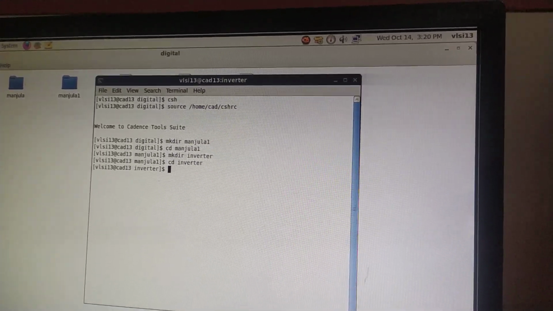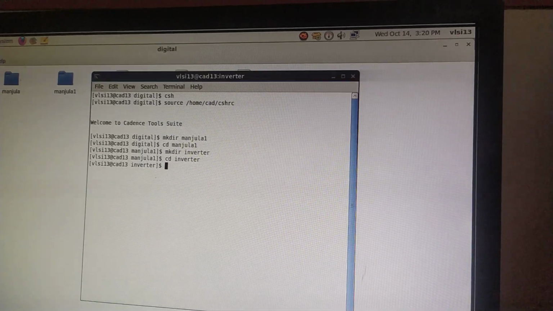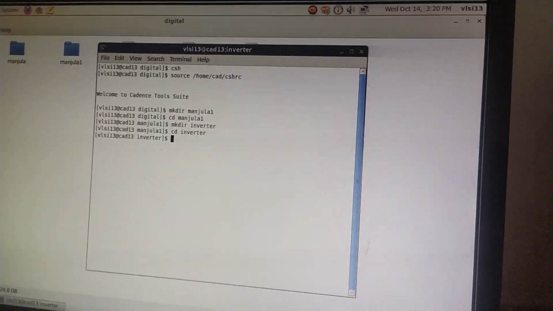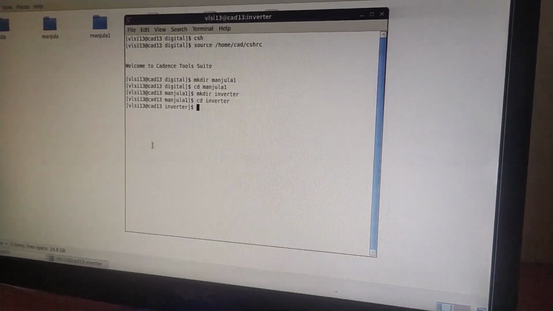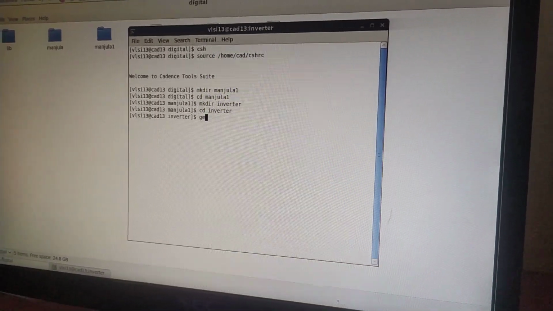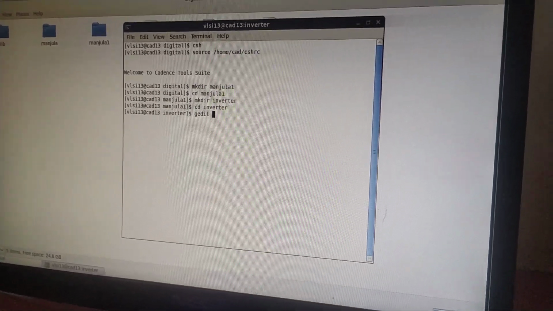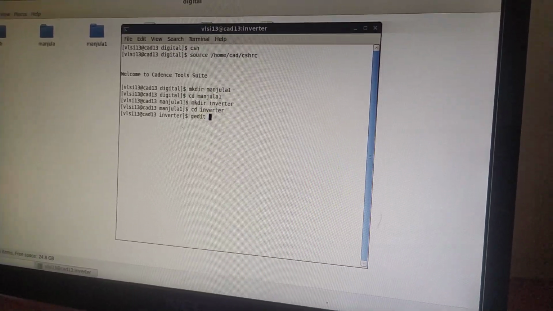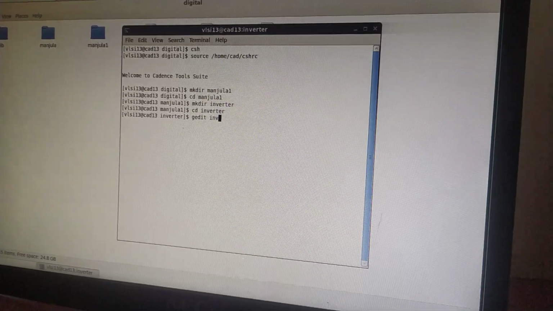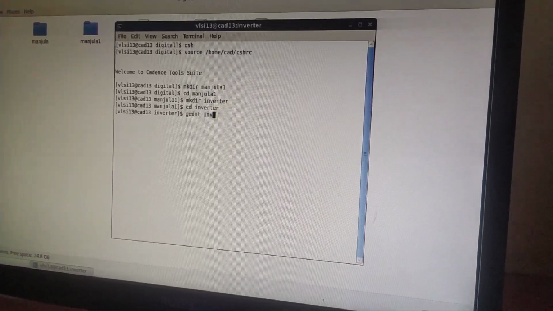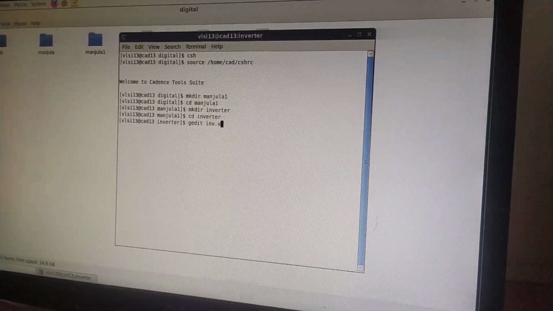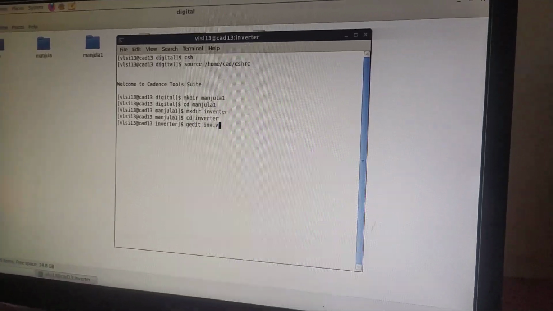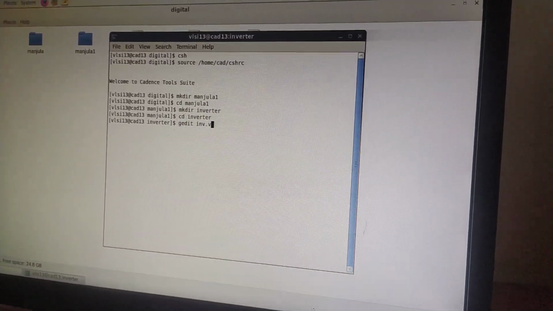Once I enter the inverter directory, I need to write the programs. You know that you have two programs, the RTL program and the test bench program. So I use the command gedit, which is a command to open the editor window. You can give any name, so let me take inv, this is user defined. inv.v, where .v is the extension for an HDL code. For the inverter I have given inv.v. Enter. Now you are going to write the program.